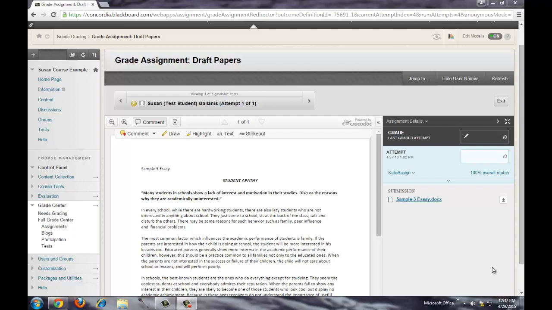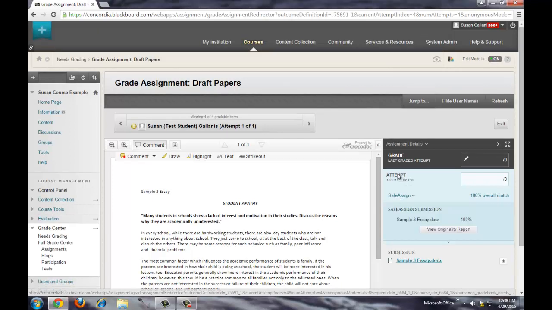If you have enabled SafeAssign, you can view the originality report right here where the score would go. Here you see the SafeAssign link, and you click on that. And then it expands a box where you can view the originality report. Here you can see right above it, in this case it was a 100% match to something in the database, probably because I pulled this essay off the internet. So I'm going to click on View Originality Report,